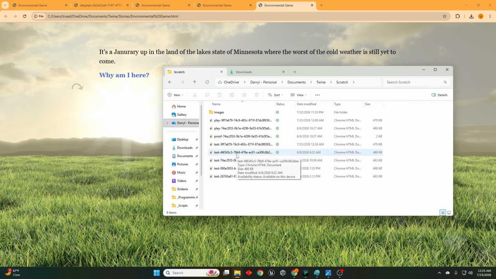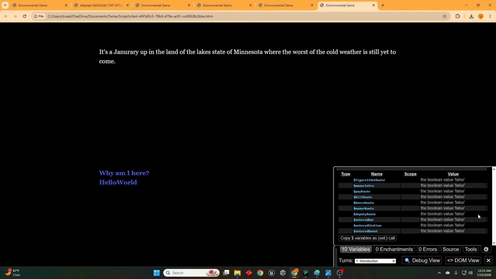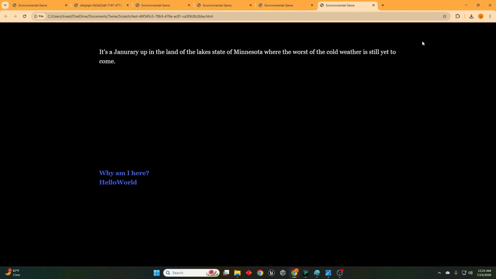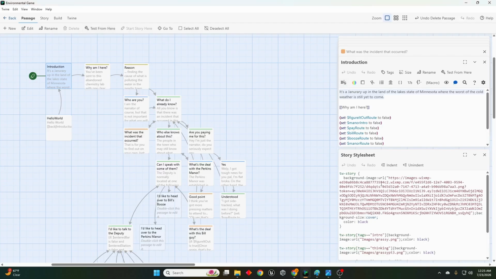And if I open up one of these, you'll see that the background is just a black background. This is actually how it looks if you don't have a custom background image. But yes, I believe that is how you add a background image to all of the nodes